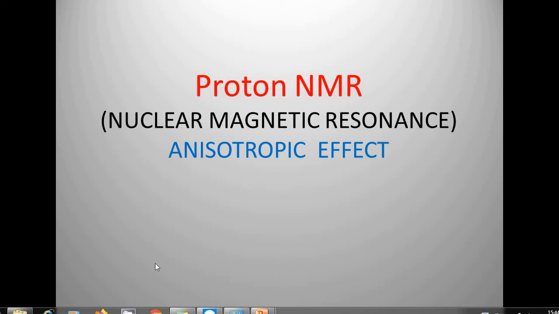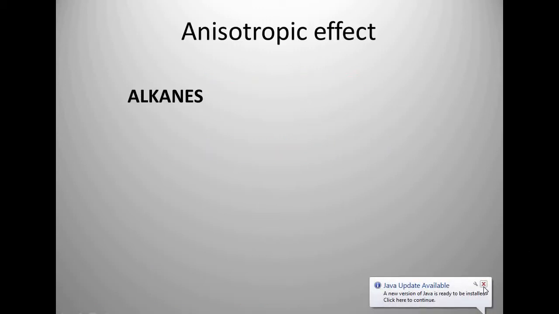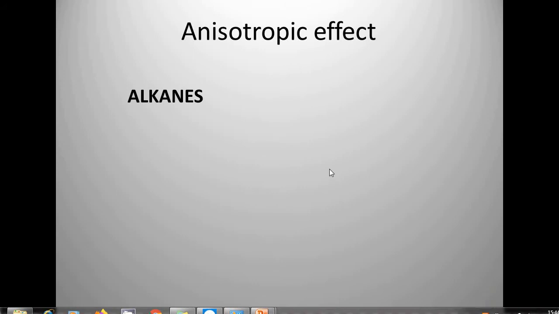Hello students, in today's lecture we are going to study the anisotropic effect. So in anisotropic effect, first we look towards the alkane. So what is meant by alkanes? Our normal methane, ethane compound which is having a CH single bond